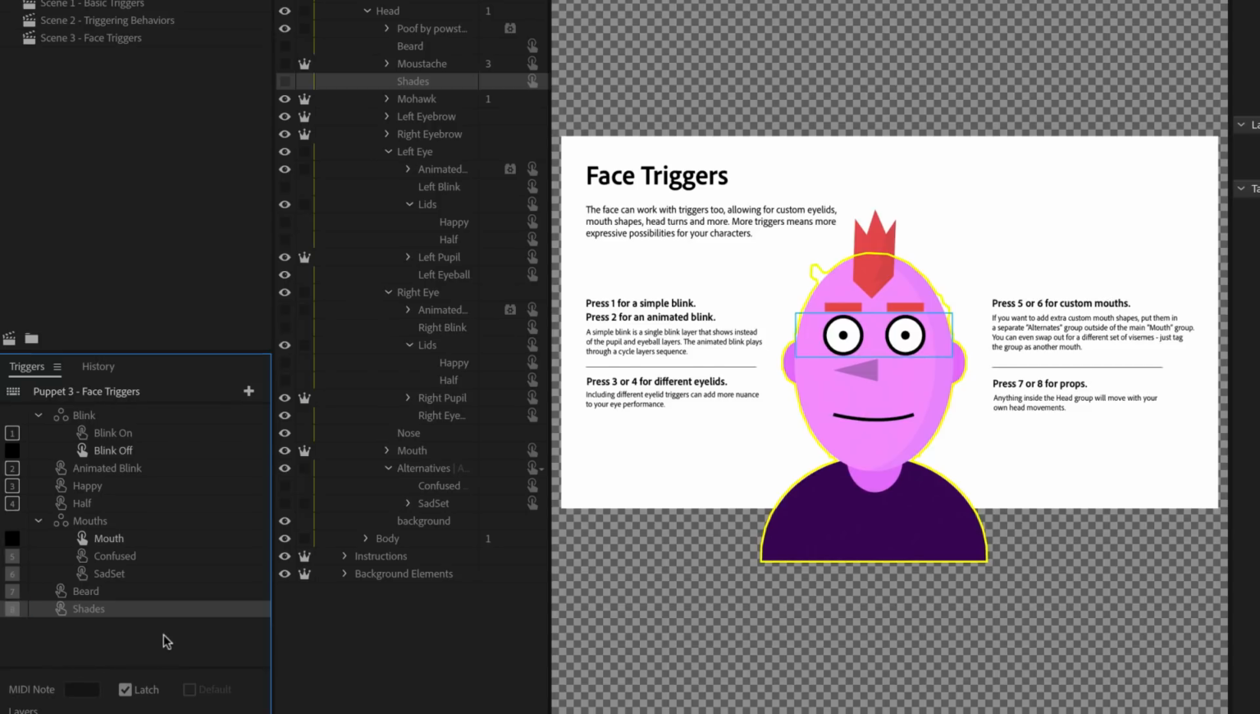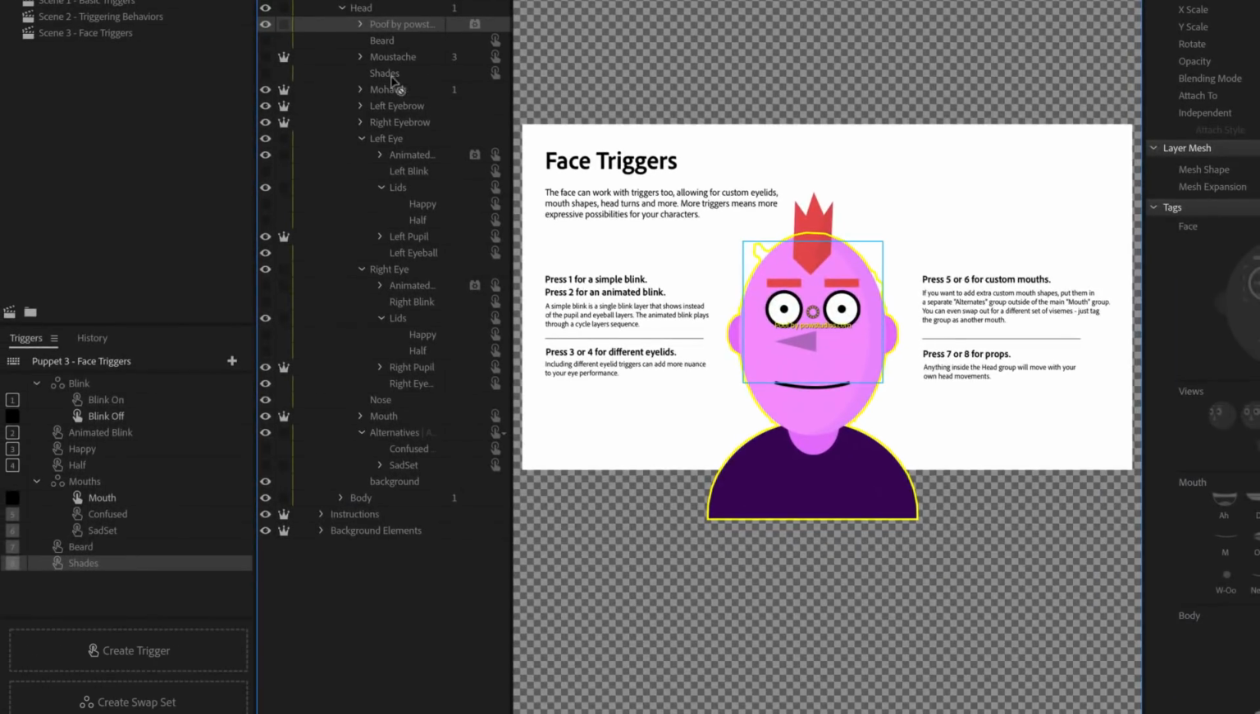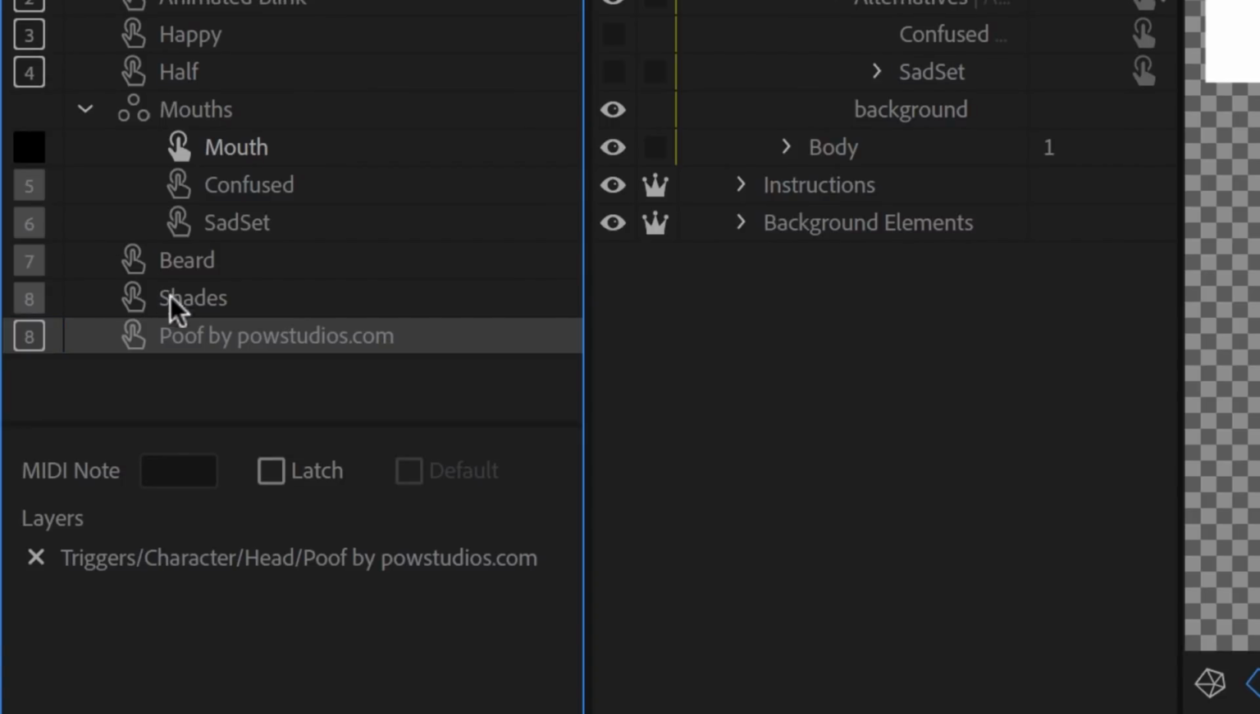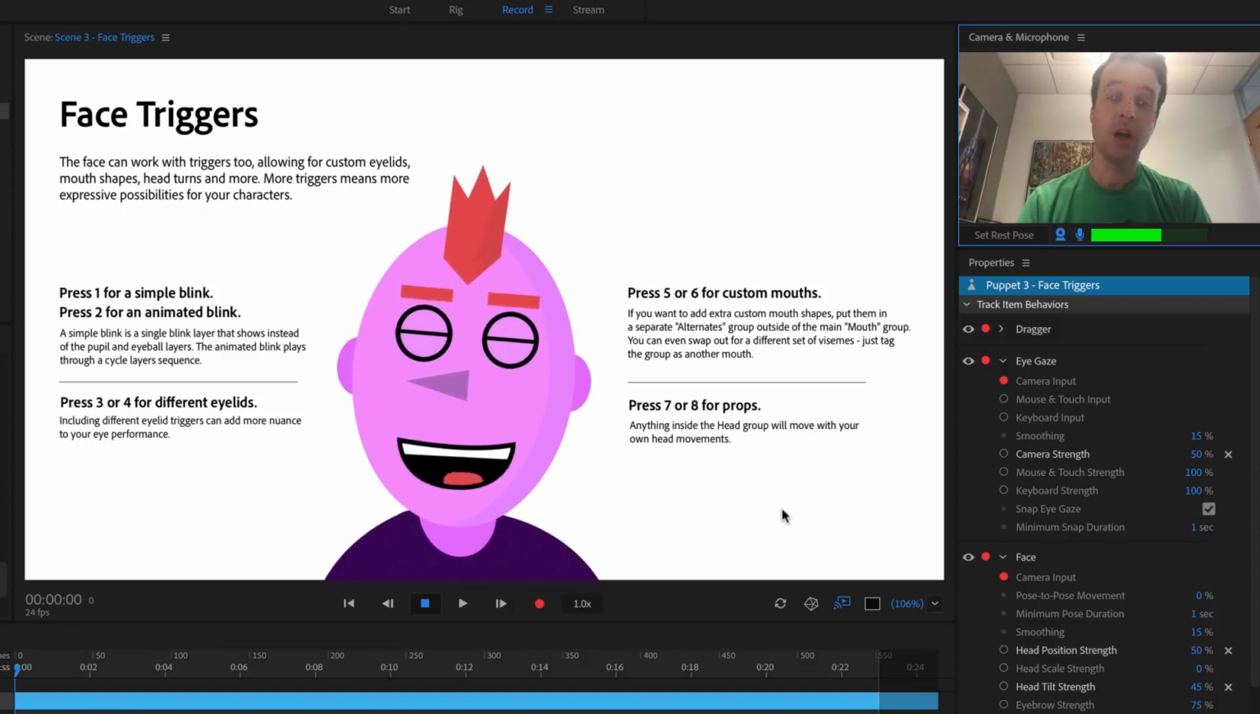puppet. But I also want the poof transitional animation to play when they come on or off. So in this case, I don't actually want to add the poof to this trigger because I need it to play when the trigger shows and hides. Instead, I'll drag the poof cycle layers group into the create trigger area, also giving it the 8 key, but keeping latch unchecked. If I return to record mode, now I have an expressive, dynamic face thanks to these new